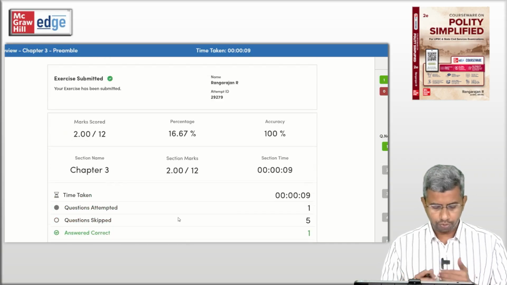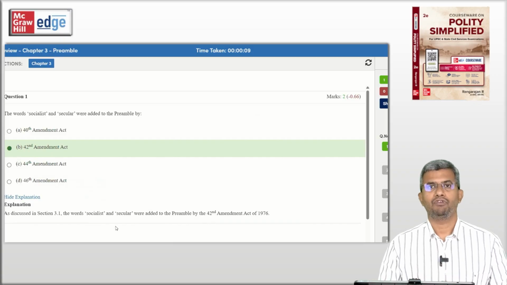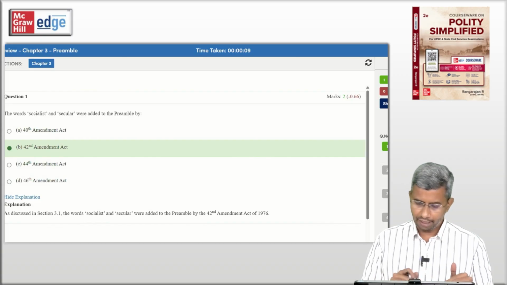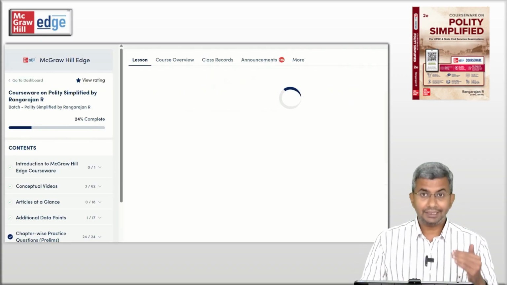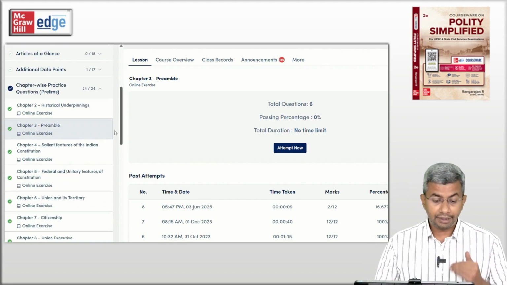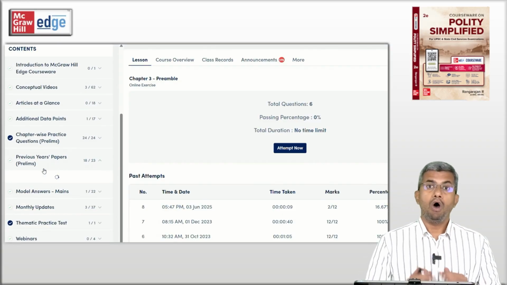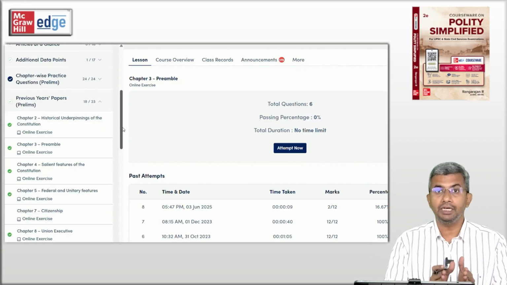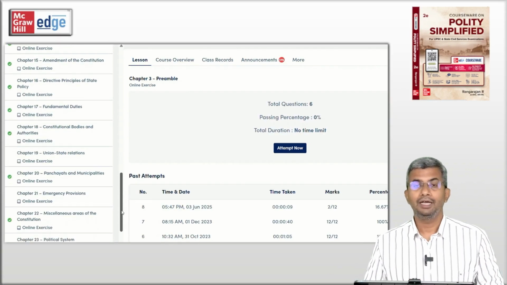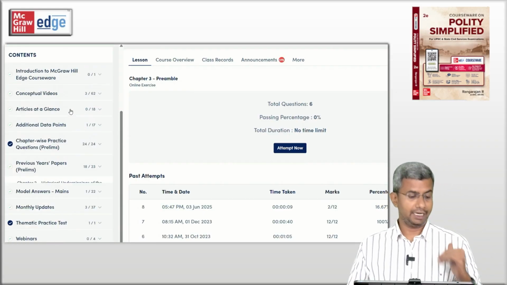When you review questions, it takes you to each question. It also gives the explanation for the correct answer. If the correct answer is given, it is marked in green, otherwise it is marked in red, but the explanation is given. Like that, chapter wise, more than 200 questions are there. And the last 10 years PYQ of prelims, from 2014 to 2024, all the prelims questions again chapter wise have been listed as practice questions. So you will have separate practice questions, more than 200, and PYQs, which are more than 200 questions, also given in the form of practice tests.